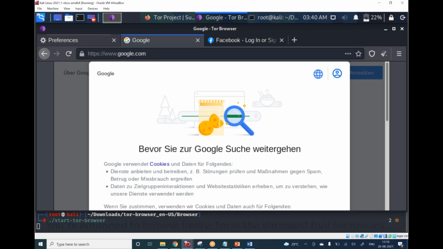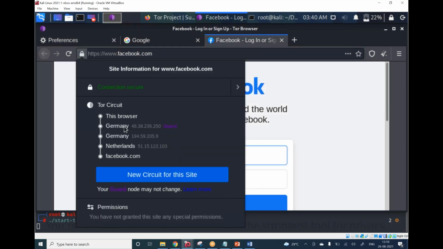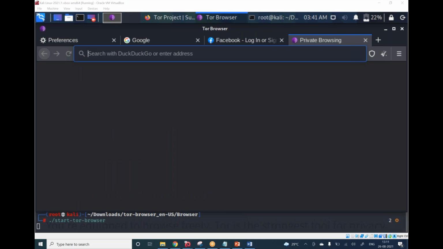interesting, right? Even if I go for Facebook, click on this, this is taking me to Germany, Netherlands. So 3 nodes. Okay, entry node, middle relay, and exit node. It looks like I am in from here, Netherlands. Is this clear?